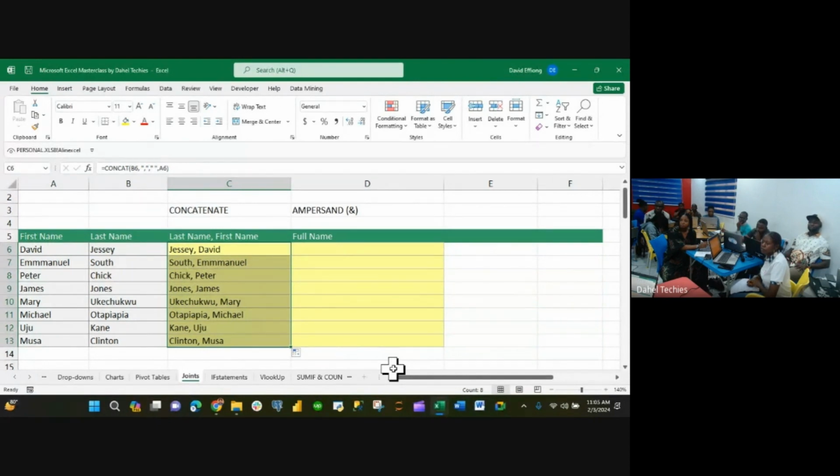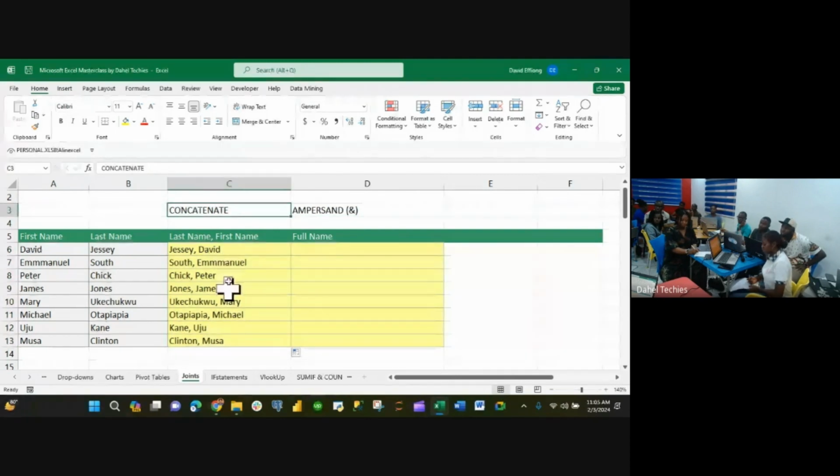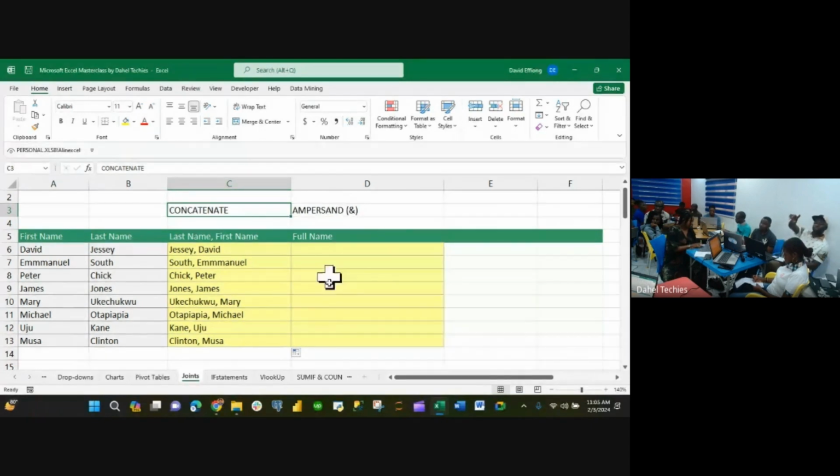Your assignment is to do full name, meaning first name first and then last name. And because I need you guys to learn how to research, also go and ask yourself, how can I use this formula? This is concatenate, which is what we just solved. The second formula is what? Ampersand formula. Do it, submit it between now and your next class. And with that,